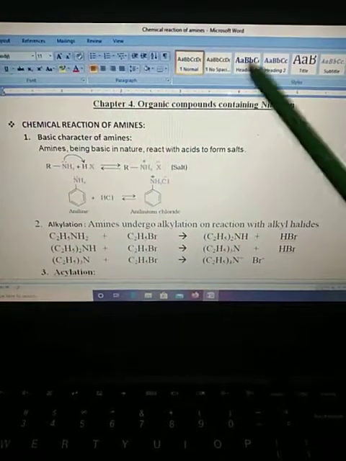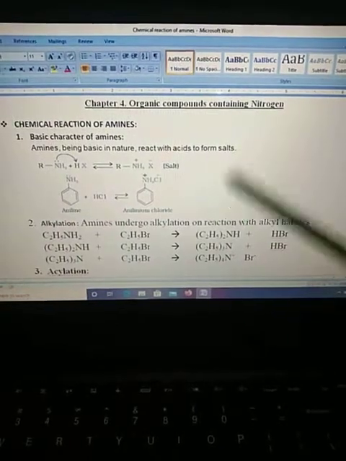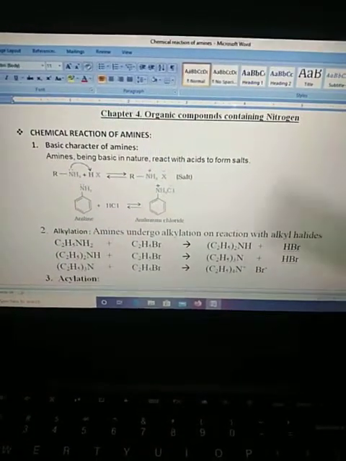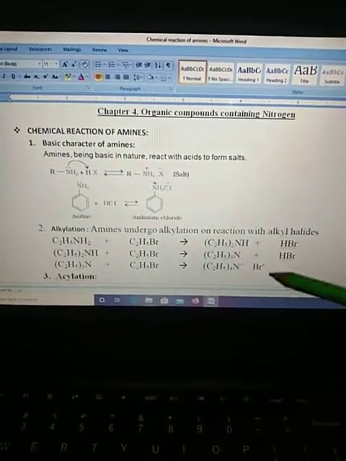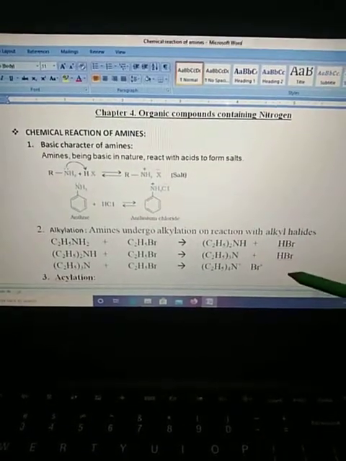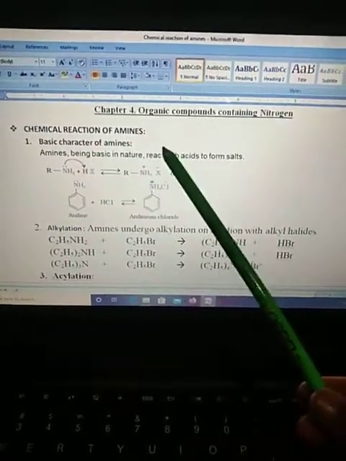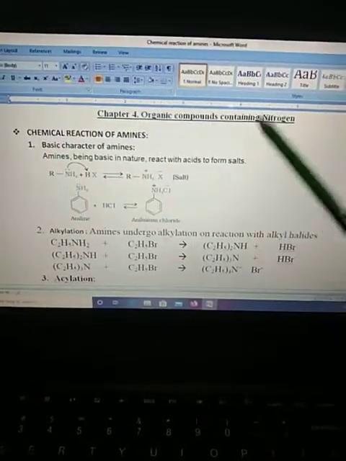In our last class, we discussed the preparation of amines and we have seen the different methods of preparation of amines. In today's lesson, we'll see chemical reactions of amines. The first reaction we are going to see is the basic character of amines. Amine shows basic character,